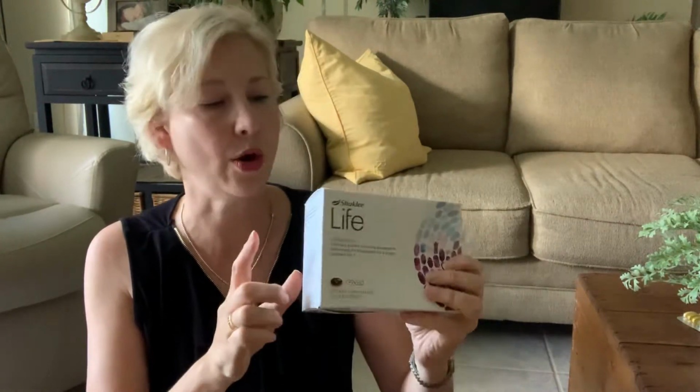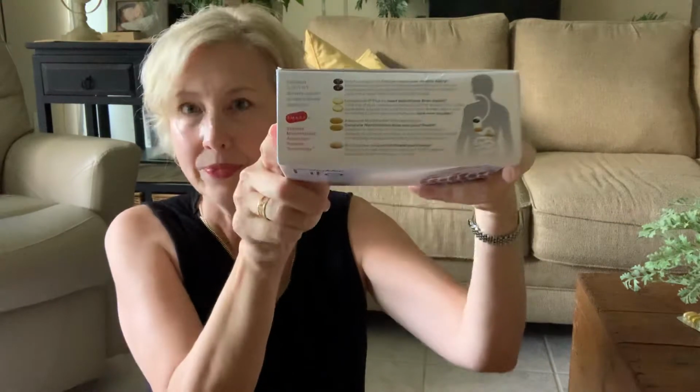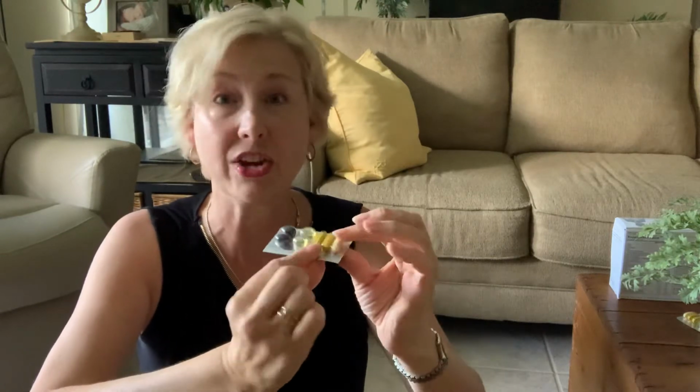I mean, that's brilliant, because listen, if that folic acid is tucked way deep in that vitamin that doesn't break down until it gets in your small intestine or your large intestine, it isn't even getting used. So that's why it's important. So this right here has lots of great nutrients. In the vitamin strip, you've got that multivitamin I was talking about, you've got a B and C complex, as well as fish oil, and my favorite,